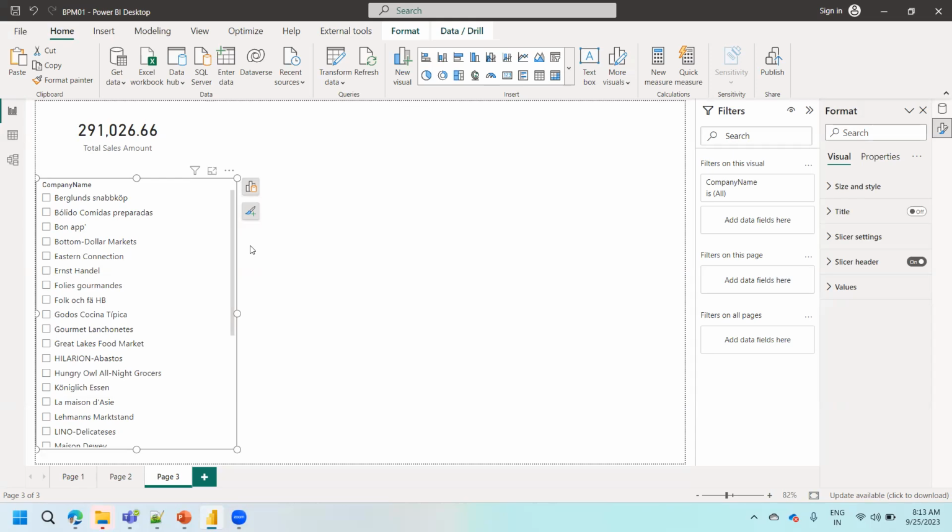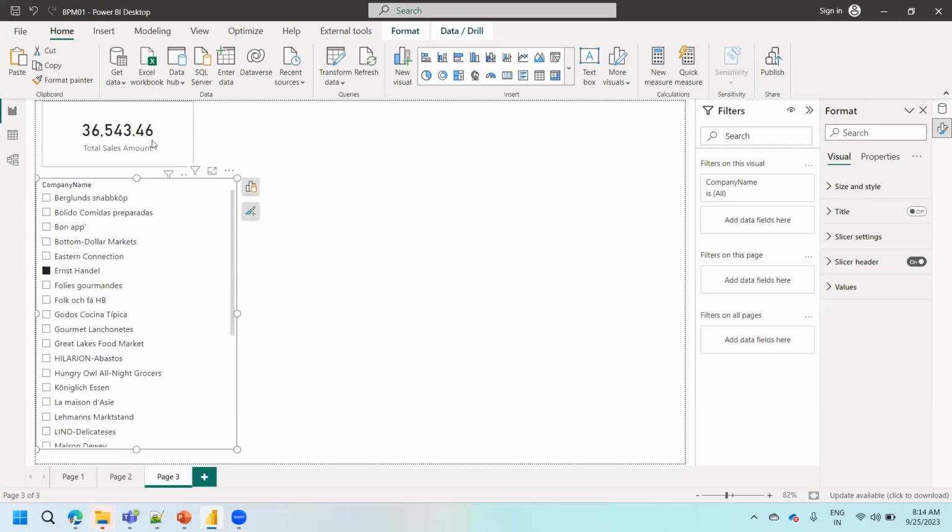One for expression and the other parameter is for data filtration. Okay, calculate is the function I'm going to use. Inside the calculate function, two parameters I need to pass: one for expression, another is for data filtration. Now you can tell me, to get this number right, Ernest Handel,